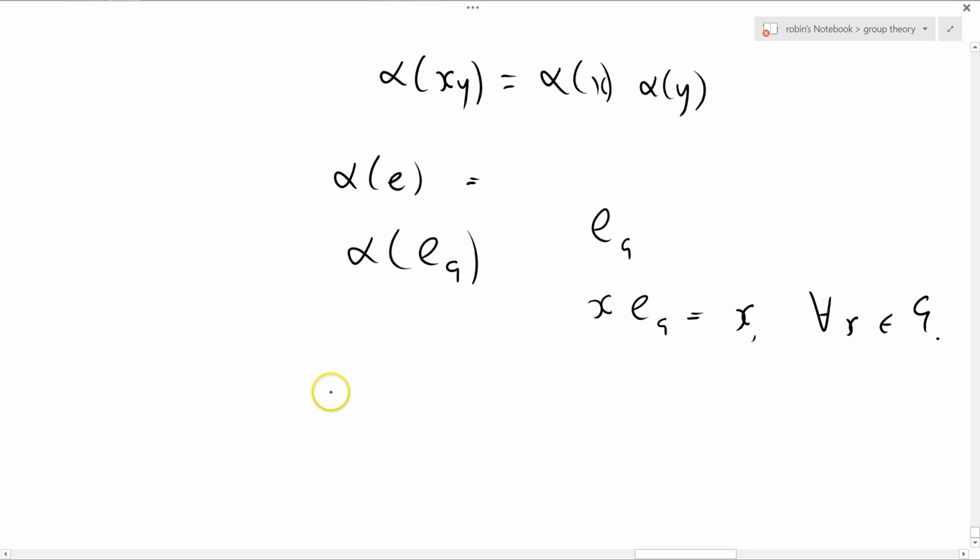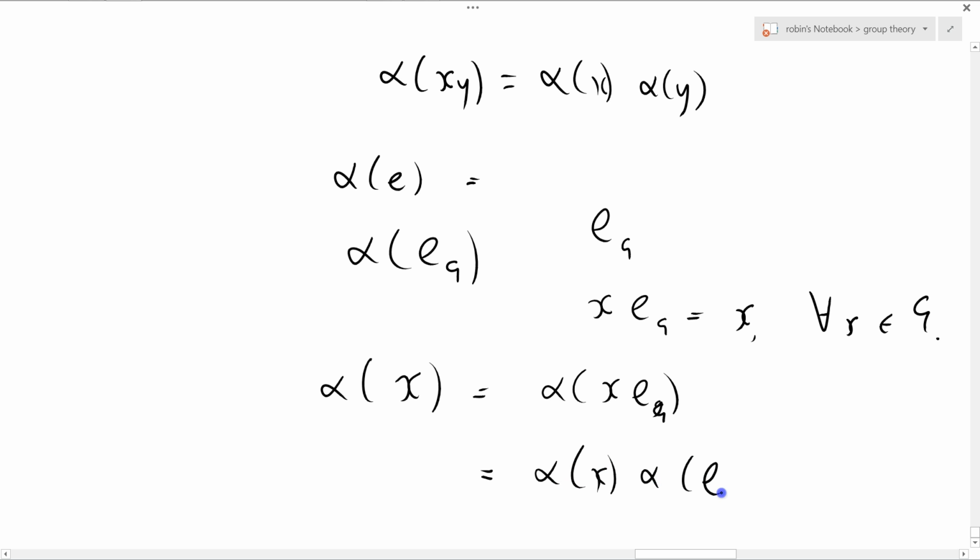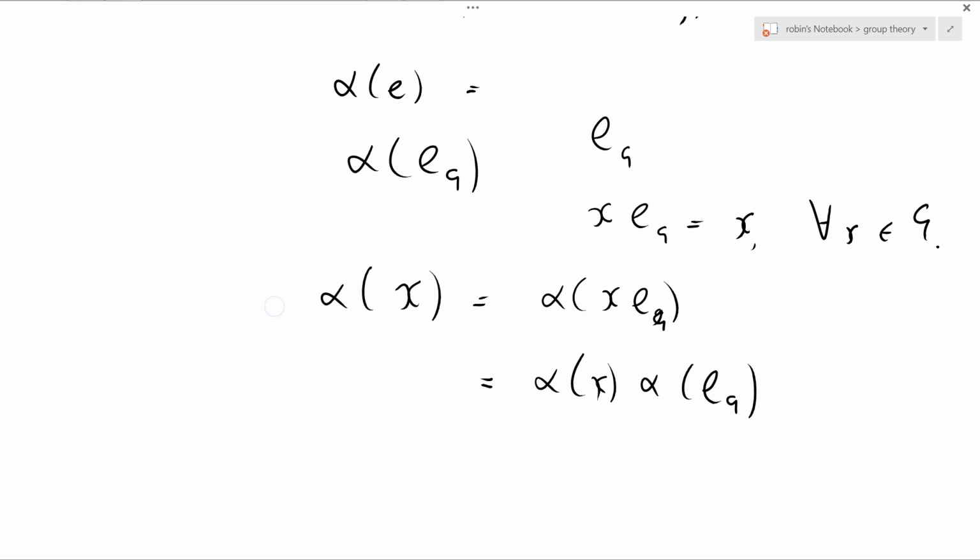So if I ask what alpha of x is equal to, that's equal to alpha of x E_G, which equals alpha of x, alpha of E_G. And you'll remember that this thing here was what we're trying to find out. And of course, we've got this to remember, that these guys here, I'm just going to draw brackets around them, these square brackets here, are members of H,